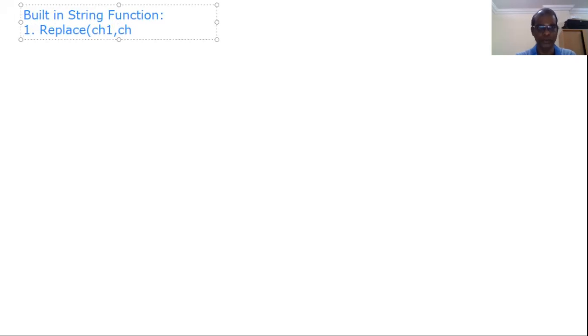First, we will study replace. Replace should contain two substrings, one is ch1, another one is ch2.